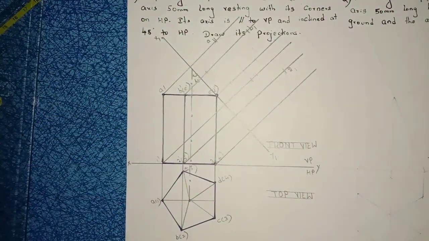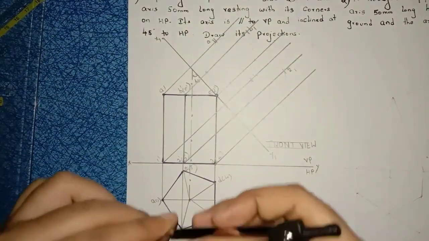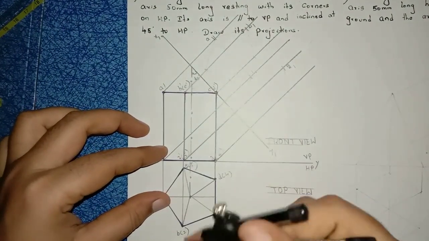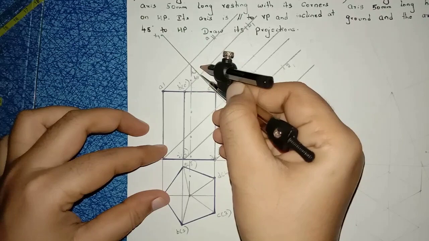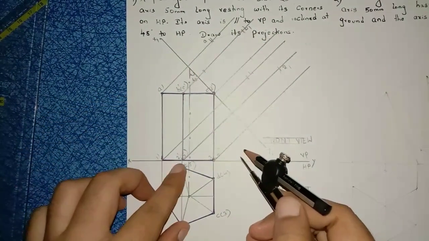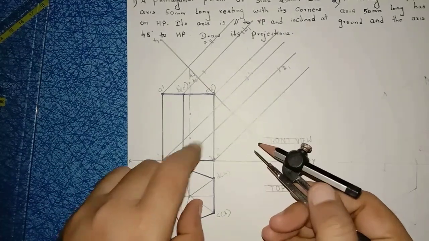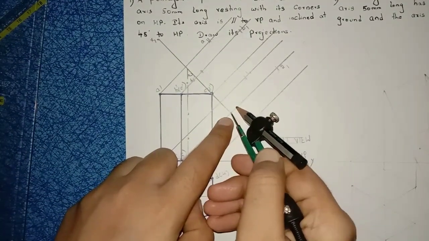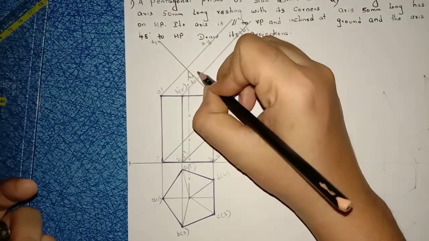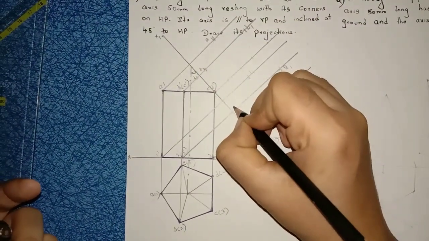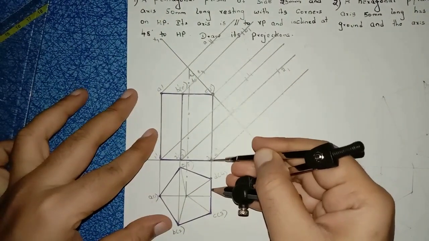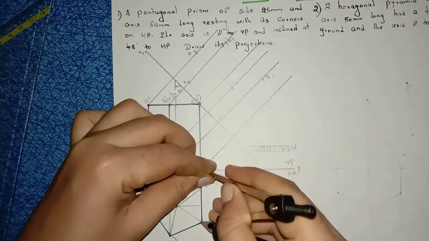Right, then next, E of 5. I am taking this distance with compass. Right, again I am keeping my compass on the new reference line. From E point I am drawing an arc. Right, and this is the fifth line, no? From this reference line I am taking the 5 point here. E1 and this is here 5,1.